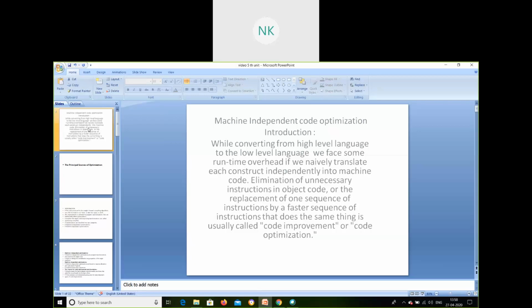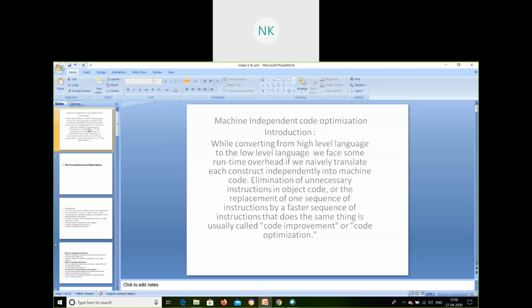Like for 1,000 pages, it might be compressed to 500 pages. Half of it will be compressed so that less time will be consumed. That's called optimization, right? So that is your machine independent. It will concentrate only on the code, not on the other machine. Machine dependent, on the other hand, cares about the register allocation of your assembler. According to the assembler, the code will be optimized. Okay, that is the difference.